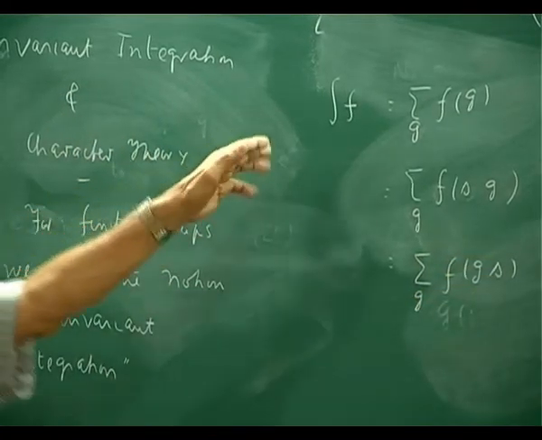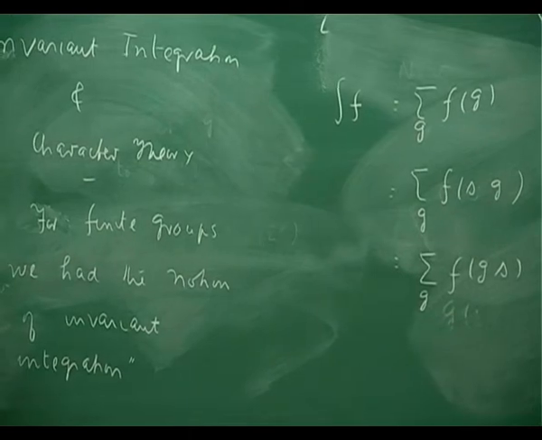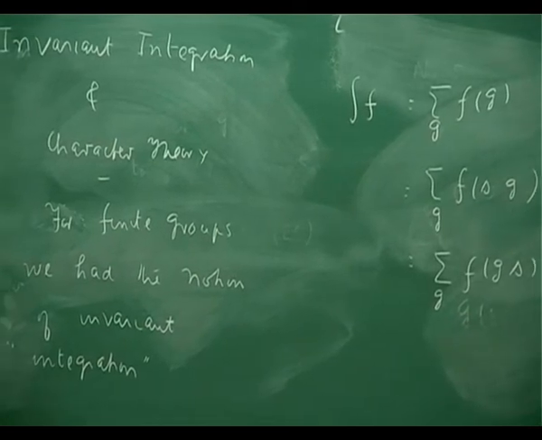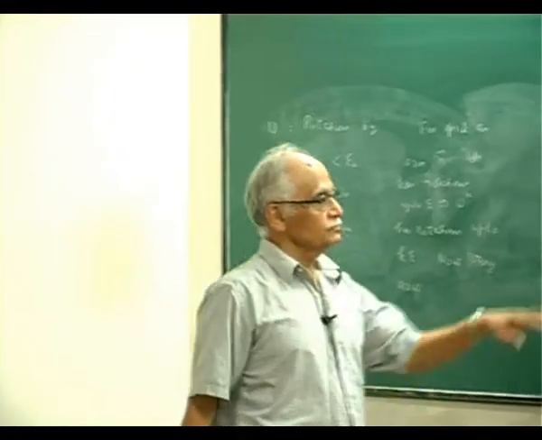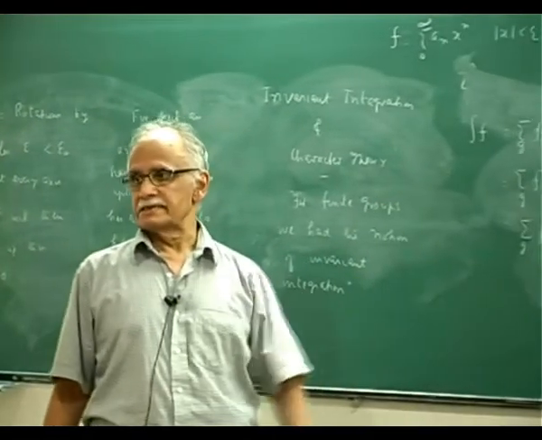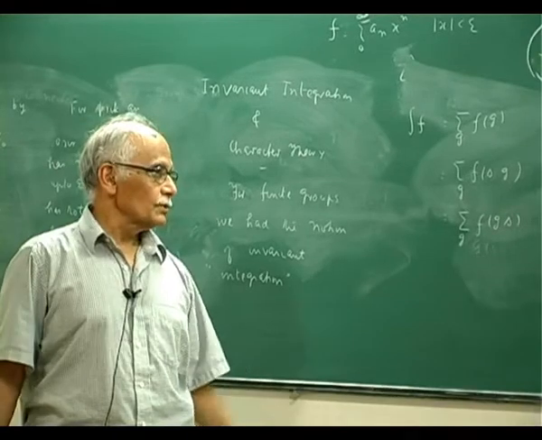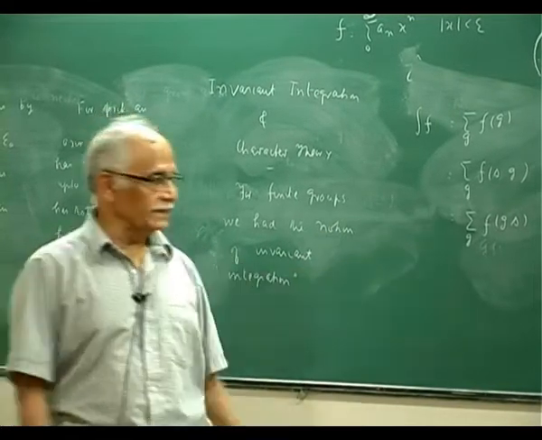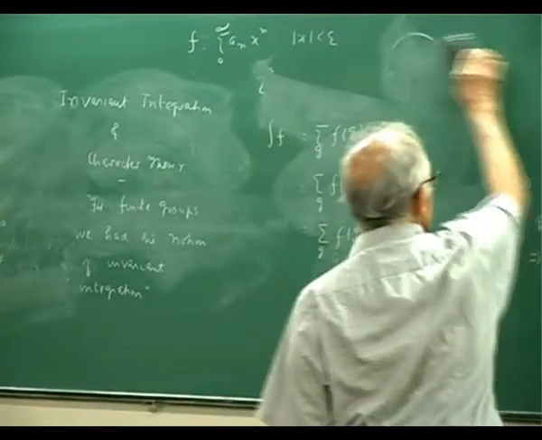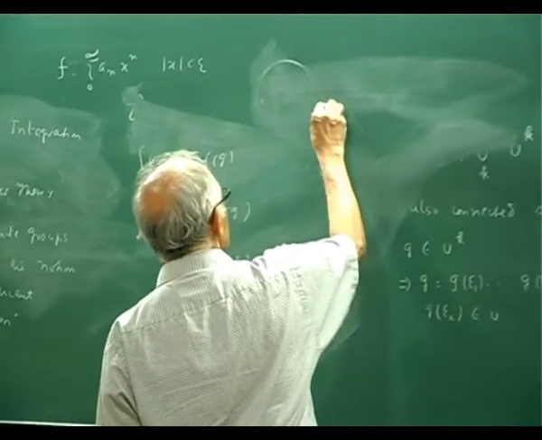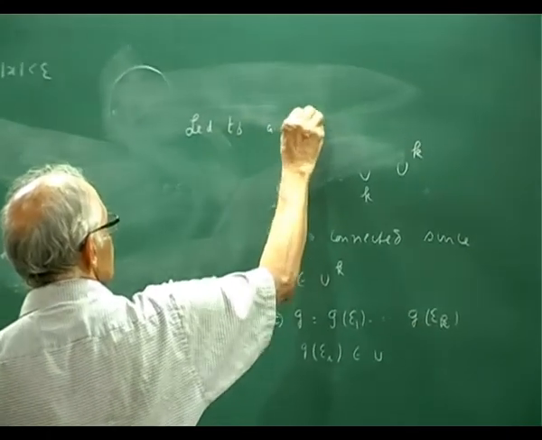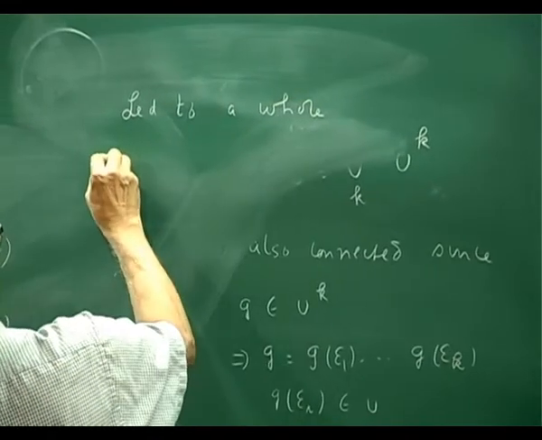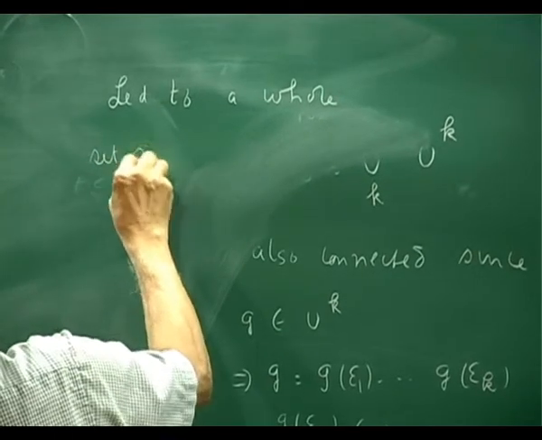Here I wrote an integral, but I don't mean integral in the standard sense of writing dx and integrating. The symbol is mapping the function linearly to complex numbers. That's what I mean. Then these things had this property, and this led to character theory, and then to a whole set of results,